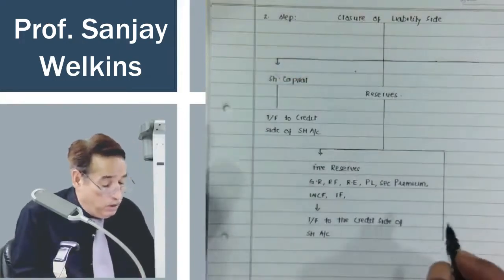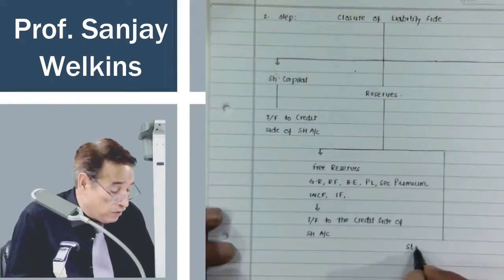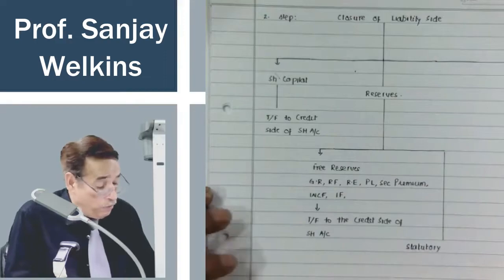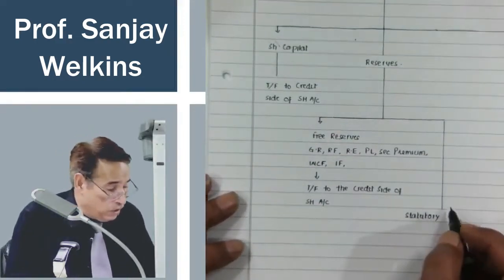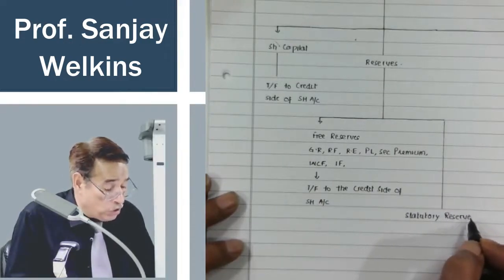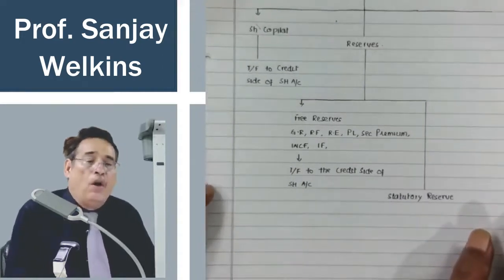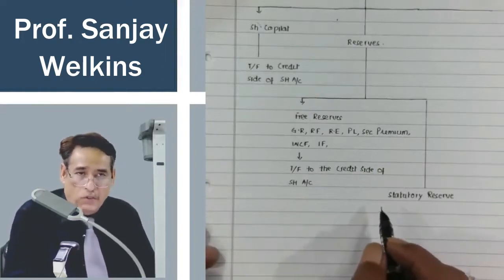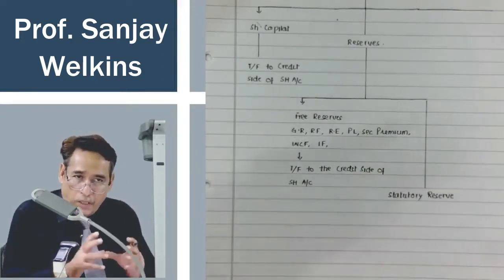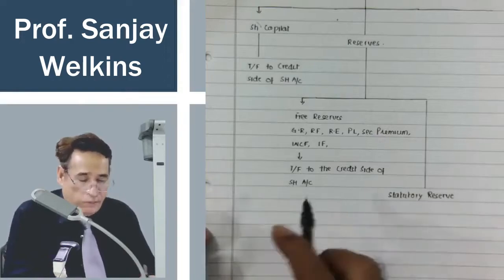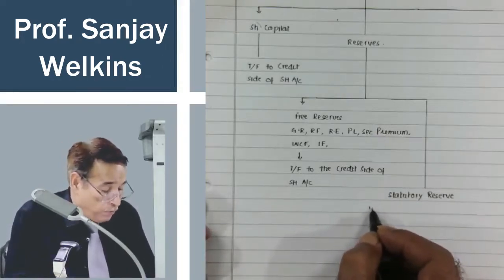Before that, let me come to statutory reserve. As you know, statutory itself signifies something which is compulsory, mandatory. Statutory reserves are generally made by such entities which operate in a special economic zone, or what we call free trade zones, or any notified zones. Because when an entity operates under such zones, there are some compulsions upon this entity to transfer some portion of their profits to these types of reserves, like foreign project reserve account,